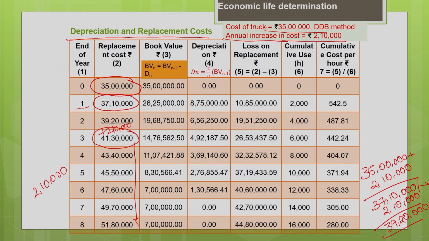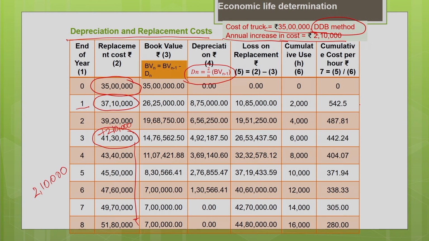Another important thing you need to see is every year the machine is depreciating, there is a loss in book value. So, in this problem we are going to estimate the depreciation using double declining balance method. I hope you remember what was the formula used for the double declining balance method to estimate the depreciation. It is nothing but 2 by n into book value of the previous year. Say for the first year, I have to estimate the depreciation now.